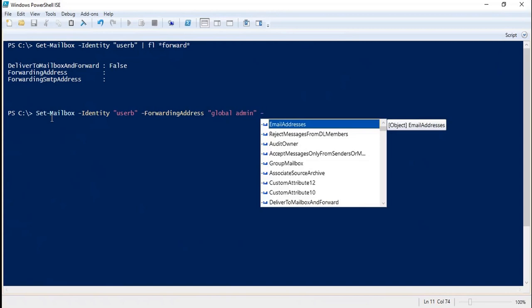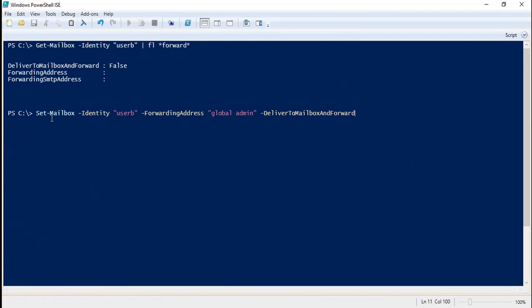If the requirement is that the email should be saved first within user B mailbox and then it should be forwarded to global admin, in that case, you will use the switch -DeliverToMailboxAndForward $true. If you do not want to save a copy in user B mailbox first, in that case, you can turn it off.